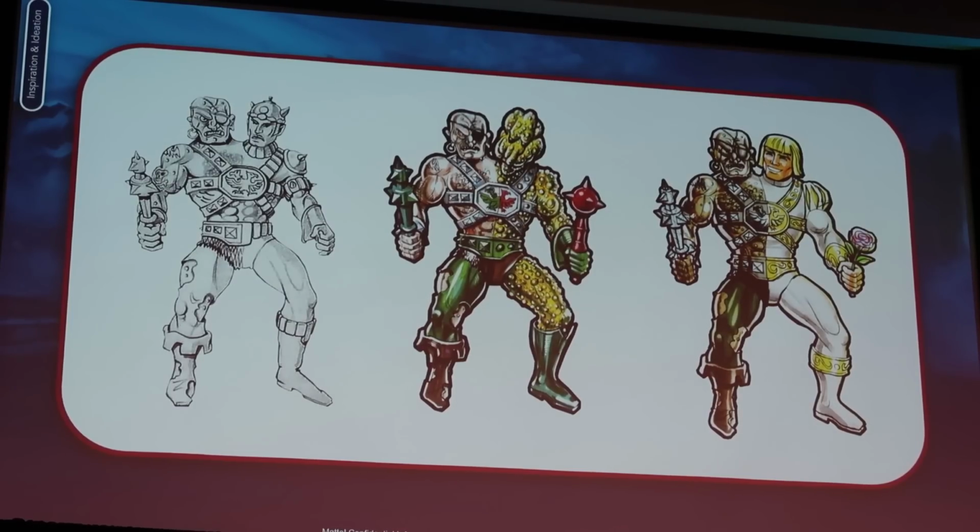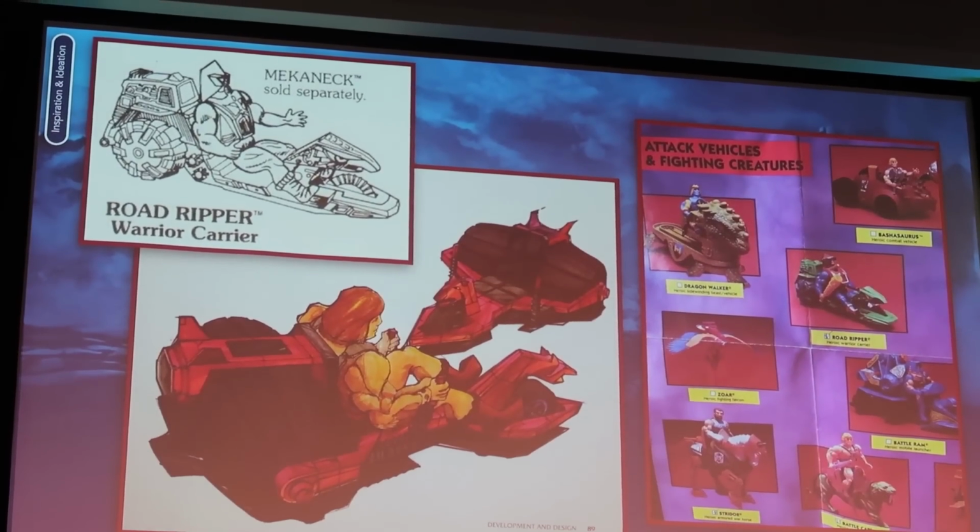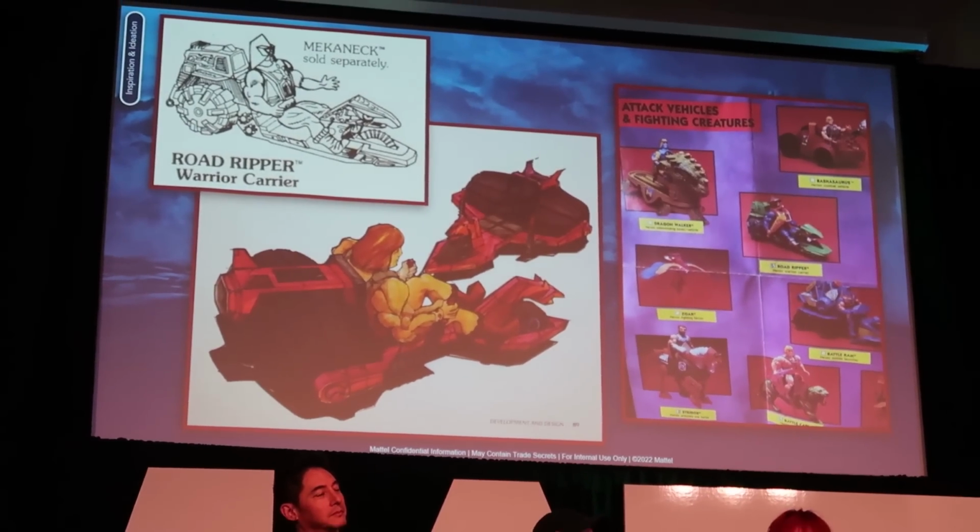They talked about how they took some of the different elements from some of the very old concept artwork, which I was very happy to see because if you guys don't remember, I made a whole video about that when it was announced, and I was happy to see that I guessed all that correctly. They also walked us through the packaging design for the Mechaneck